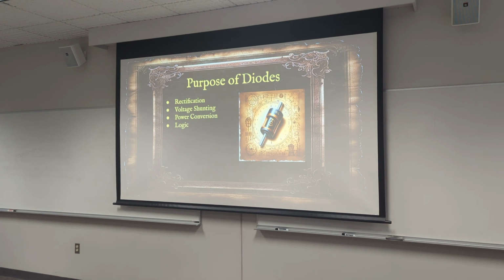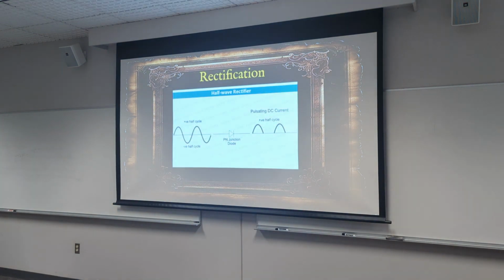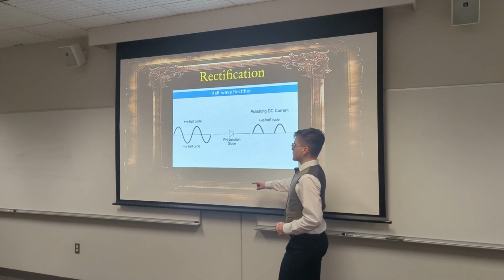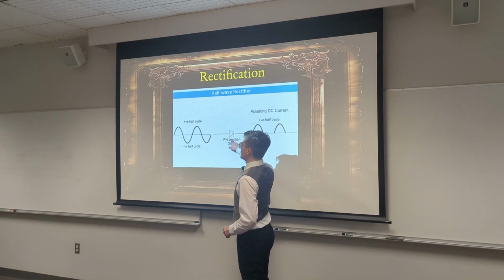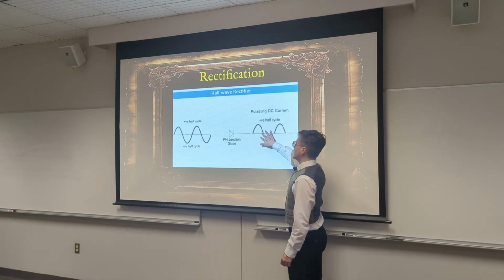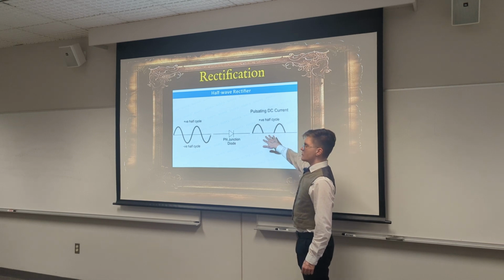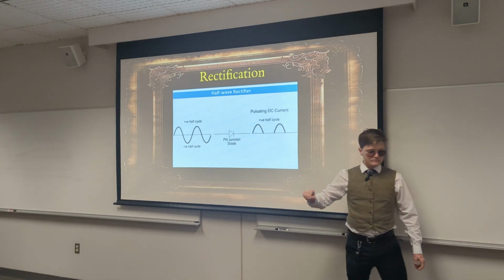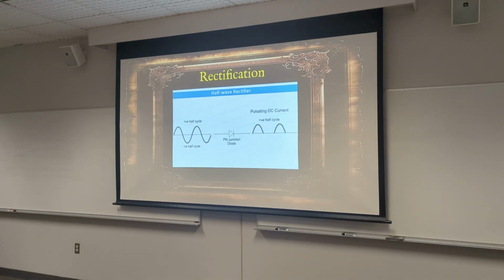The purposes of diodes: we've got rectification, voltage shunting, power conversion, and logic. So first, let's talk about rectification. If we put an alternating current into a diode, what's going to happen is that the bottom is going to be cut off, and we are going to be left with just the positive voltage. We can take this one step further